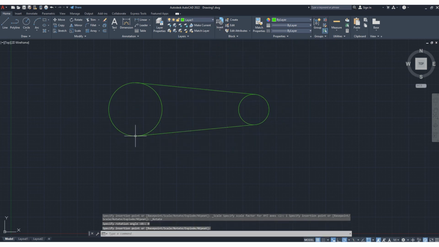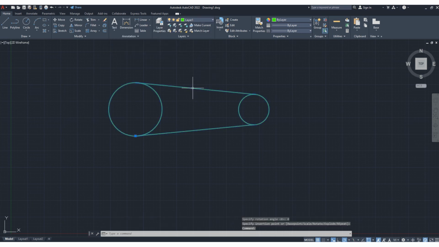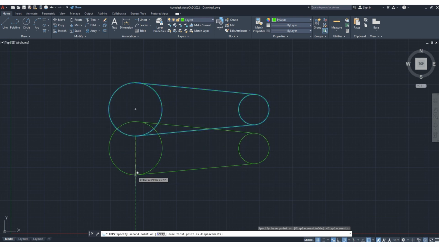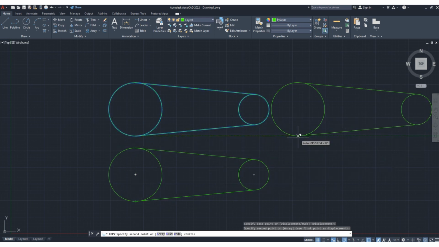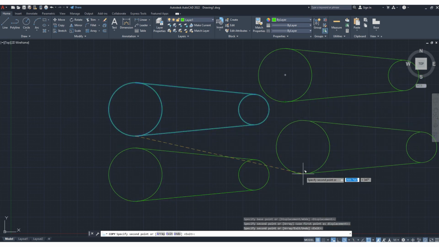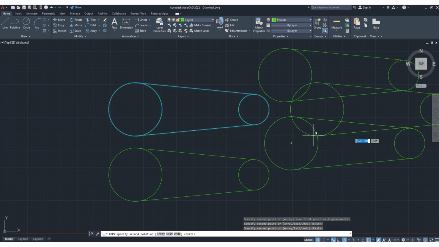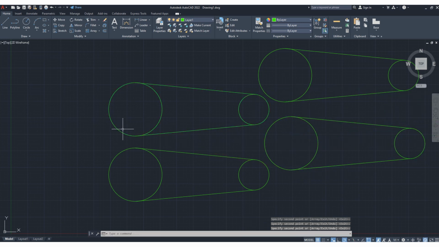You can see as per this layer properties, this block is now inserted here. If you want to copy, so you can copy any number of blocks. Okay, this is how you can create